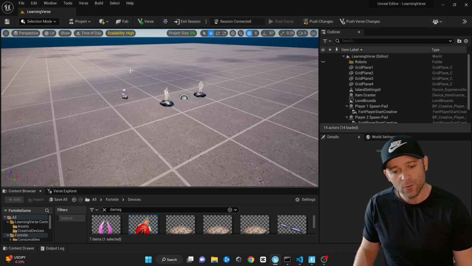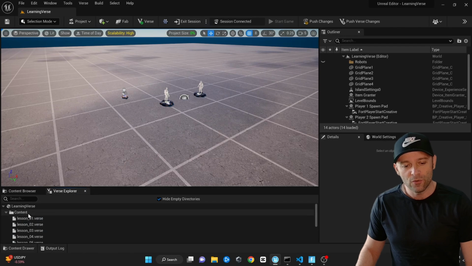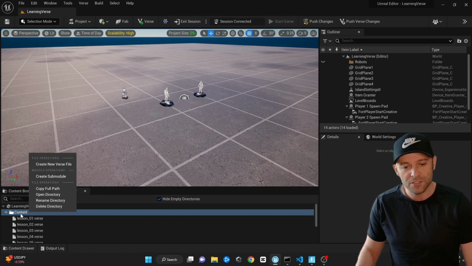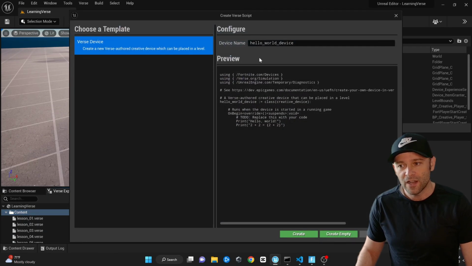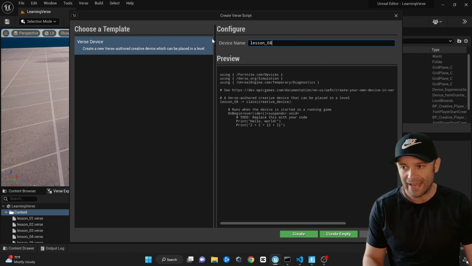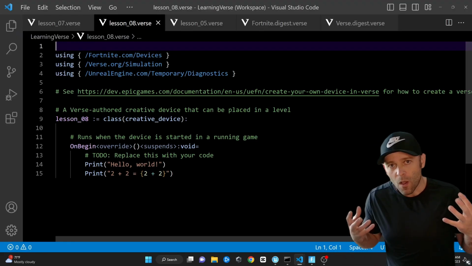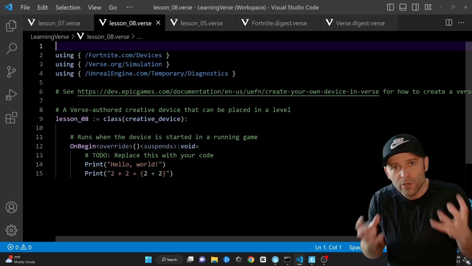You can create a new project or continue as we've been continuing. What I'm going to do is create a new Verse file in my Verse Explorer. Create new Verse file, and we're going to call this one lesson 08. This is classes, okay? A class is a way to classify code, to put it in an